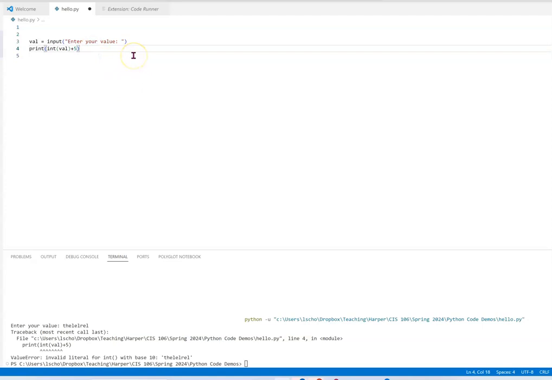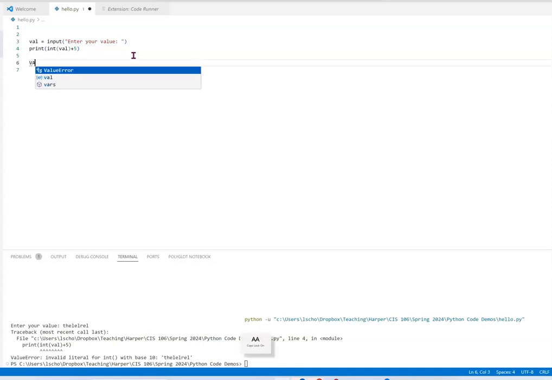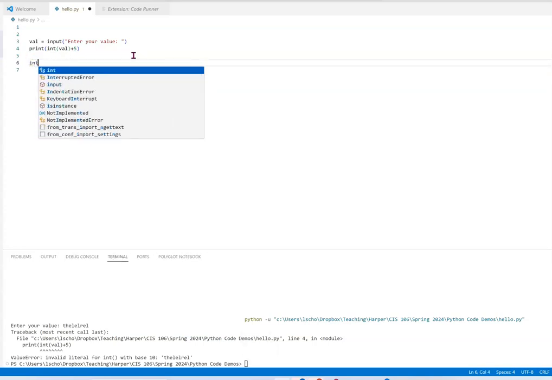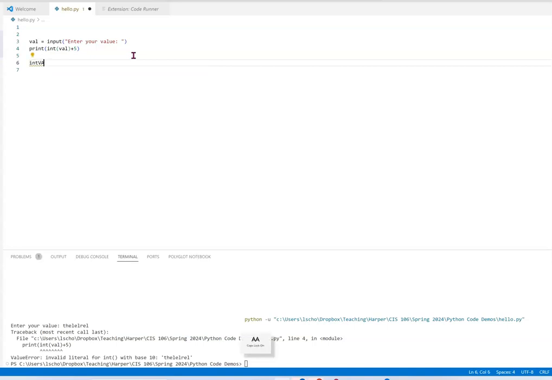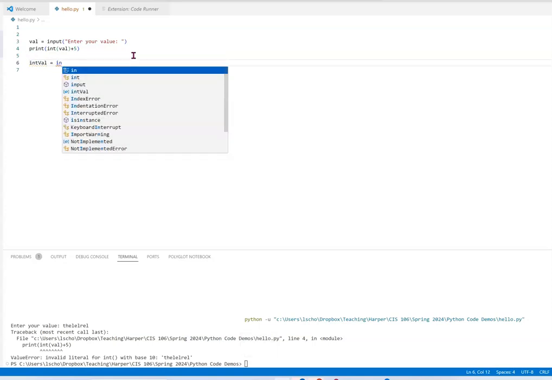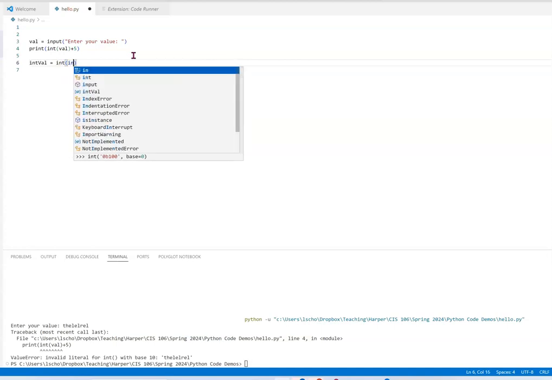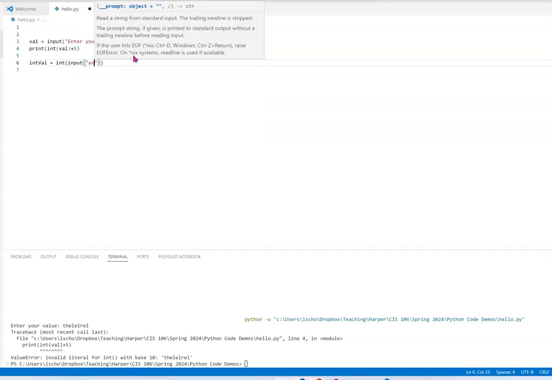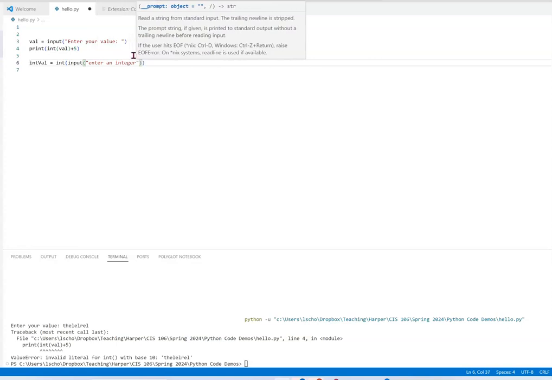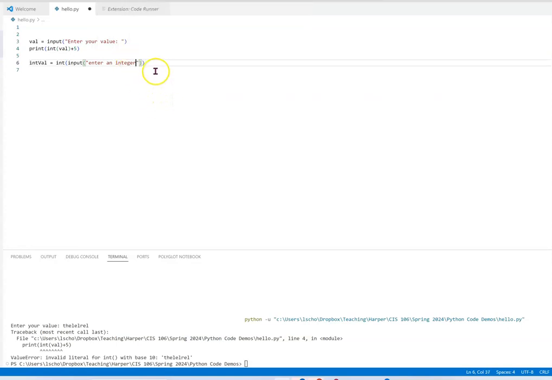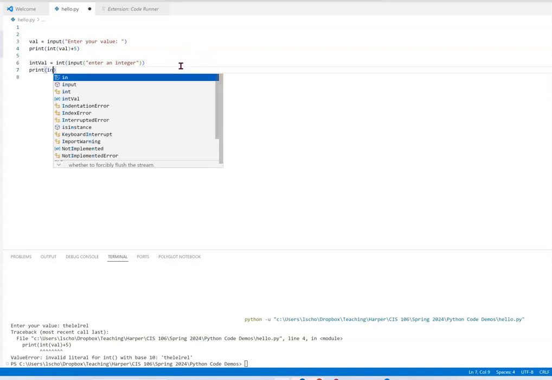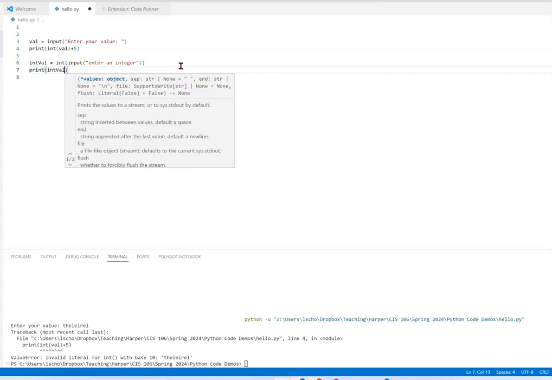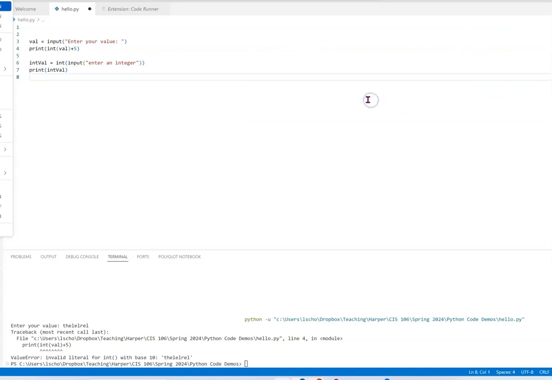So, to sum it up, if you want to read an integer, the easiest way to do it would be int val equals int input, enter an integer. And this will let us enter an integer and convert it for us. Now, the one thing, again, is this doesn't check to see if it's a properly formed integer. Later on, we can learn how to do that. But for now,